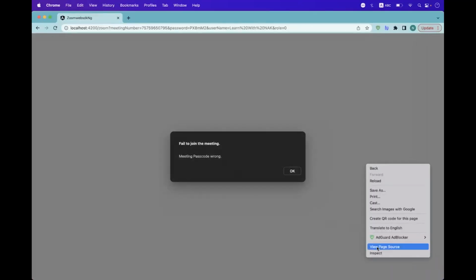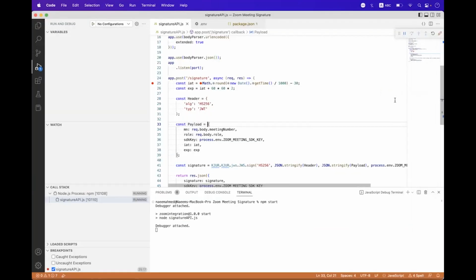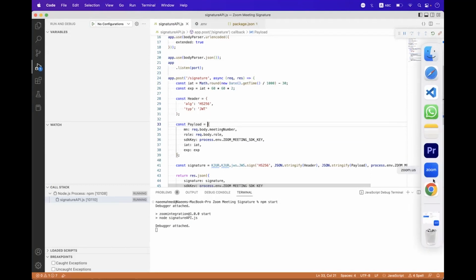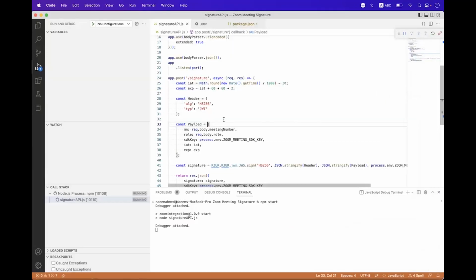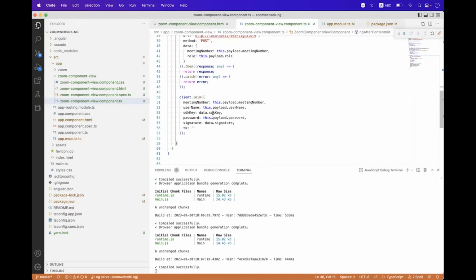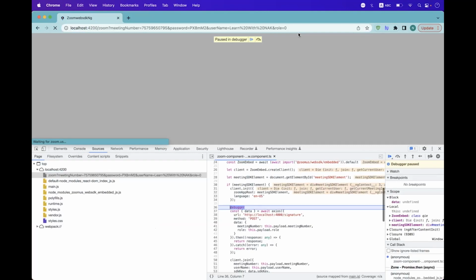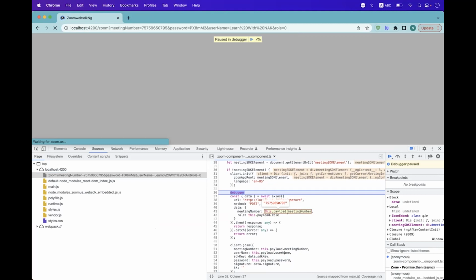and it is mentioning the meeting passcode is wrong. We will check that. So I think we need to remove this breakpoint once again and hit enter. I think we have not configured that inside the join. We have a configure. Okay, so now I need to hit enter once again, and you can see we have a password, we have a username, we have a meeting number, we have an SDK key. Here we can also check meeting number, role,